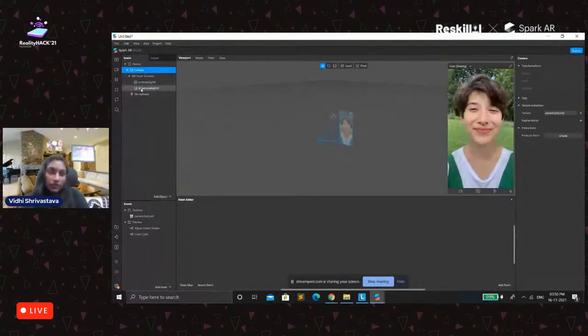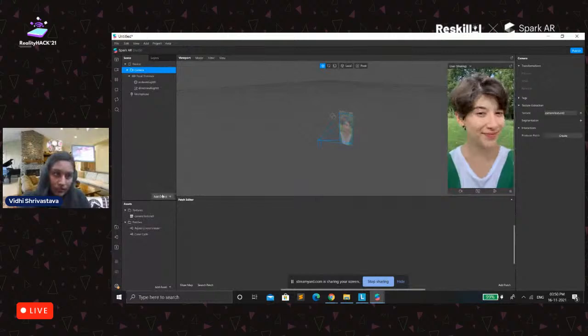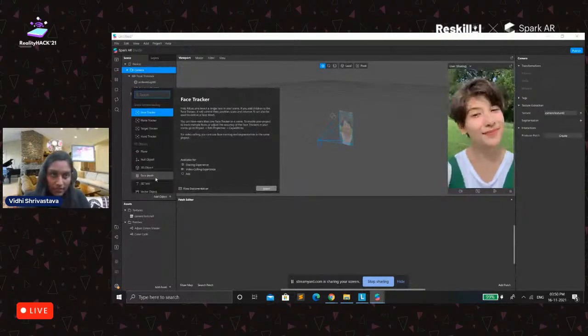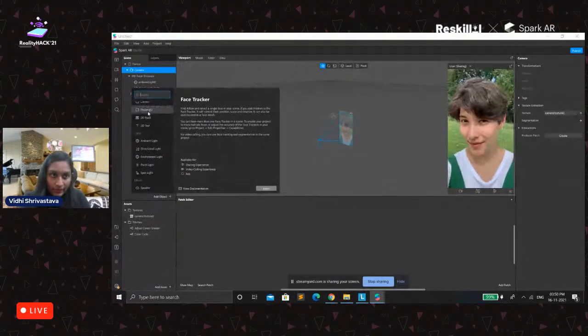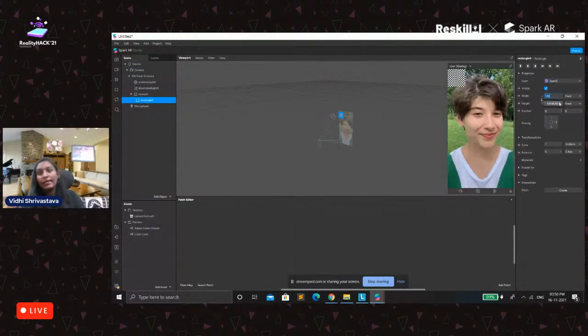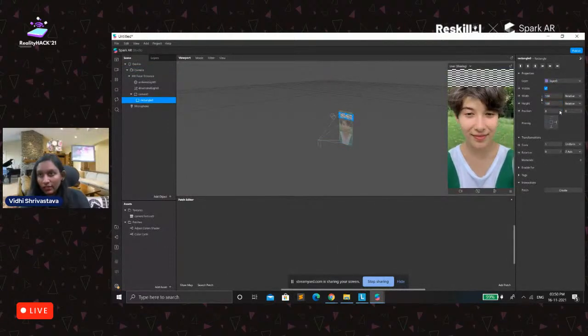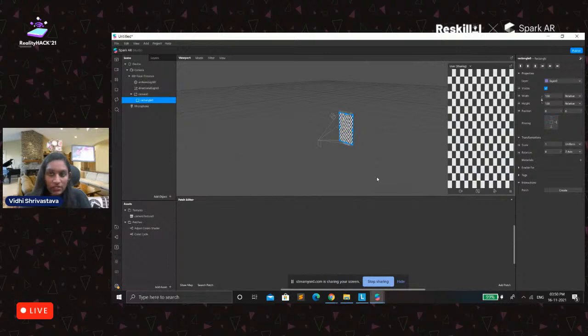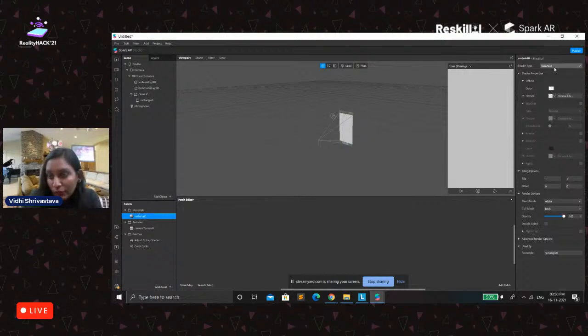So what we will do is click on add objects, and add a rectangle here. Make sure that you give its height and width as full, so that we see it being full to your device. We will click on material and take the material as flat.